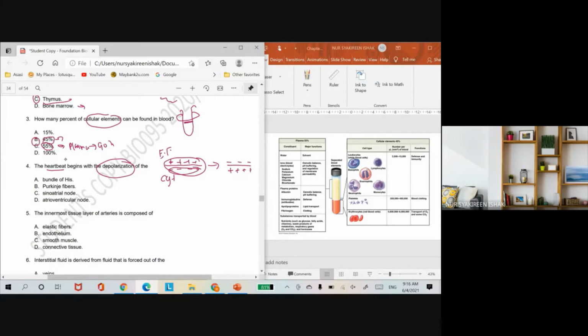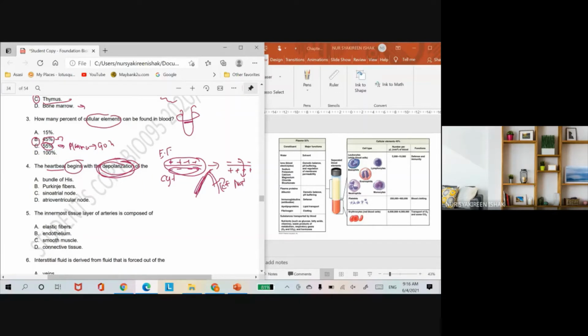Because when we studied the nervous system chapters, when an action potential is generated, positive ions enter, which is sodium ions. So this changes the membrane potential inside the plasma membrane to be positively charged. This phase is called depolarization. It is the stage where the cell is generating an action potential, the peak of an action potential. Then after depolarization comes repolarization, where positive ions, which is potassium ions, move out of the cell. So depolarization occurs to cause the heart to beat.